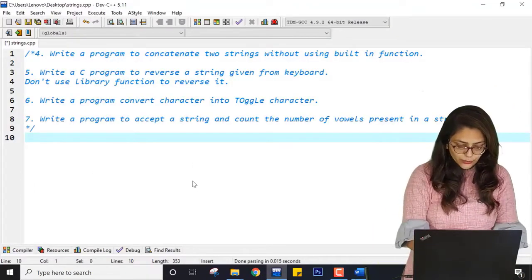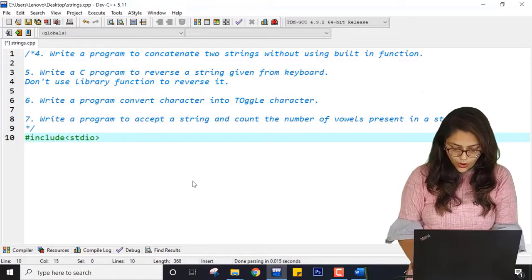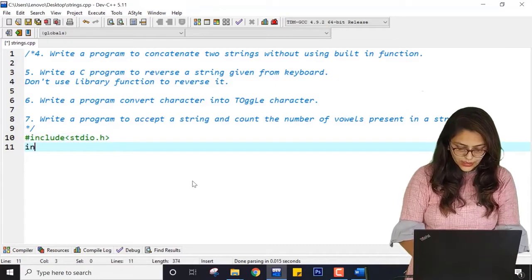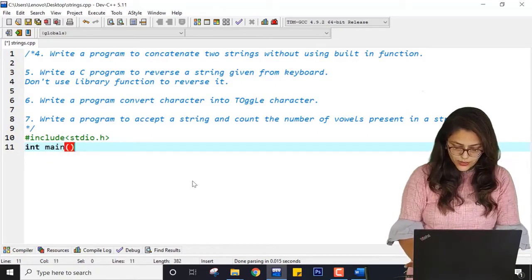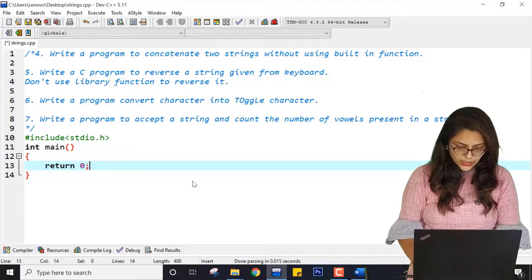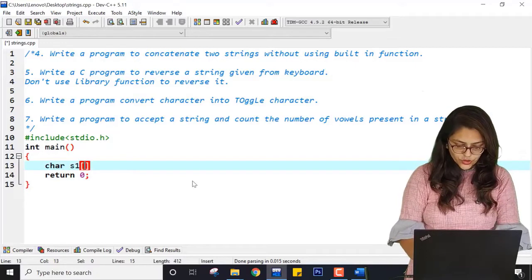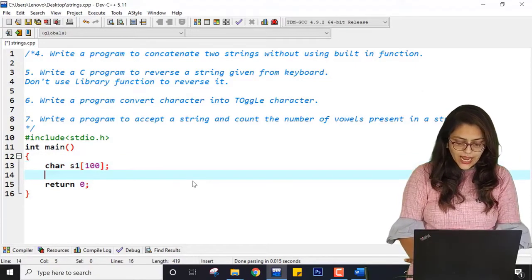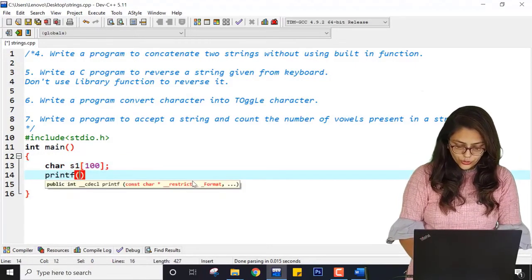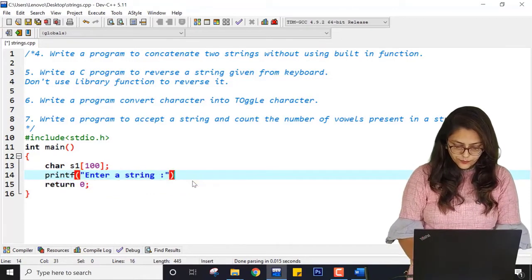Inside my IDE I have to write include stdio.h, then int main, then return 0. Here I am going to declare a string s1 which has size 100, and I am going to tell the user to enter a string, right?